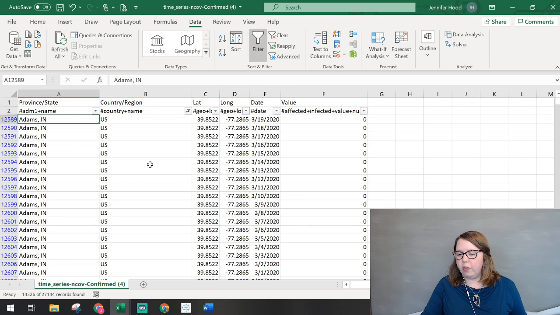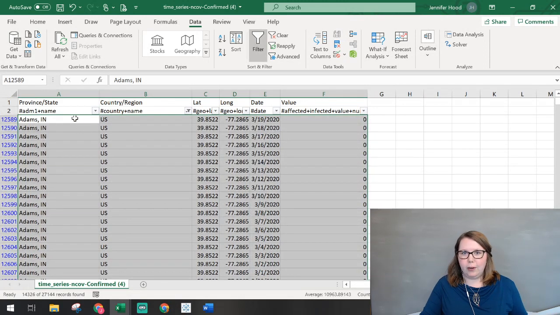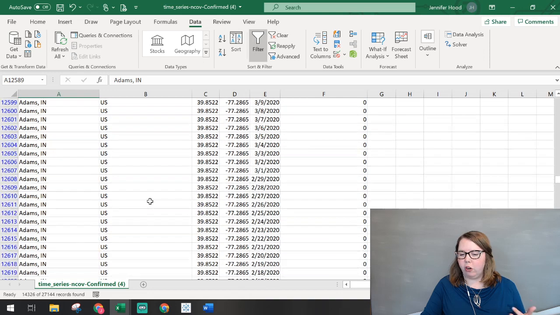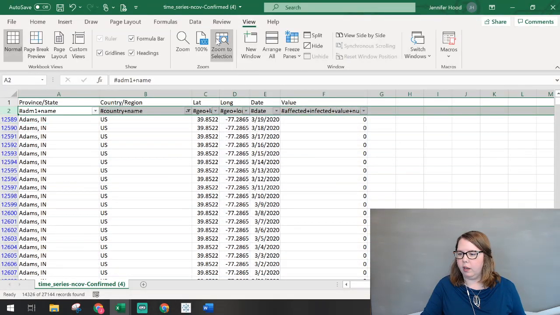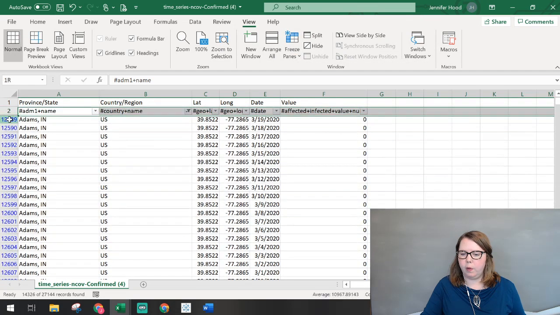So with that, this would be really simple if we just had state level, because all we'd have to do is sort on US, highlight all of this, great, boom, we've got it. We don't have that. So when I start looking through this, I'm going to go ahead and freeze the top.